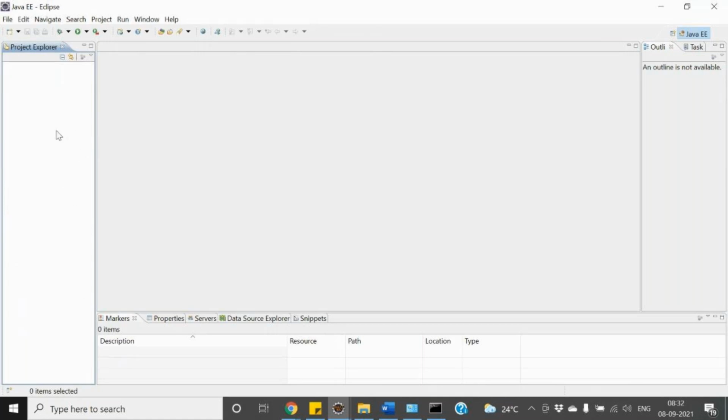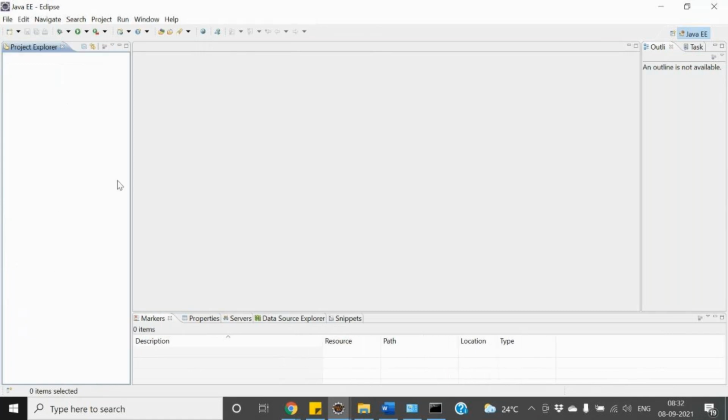We have four separate sections over here: first section, second section, third section, and fourth section. The first section is called the Project Explorer. Whenever we create a new project, it will come over here. This window is where we write the source code, so this is for coding purposes.